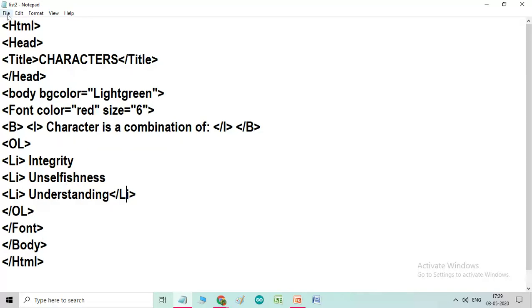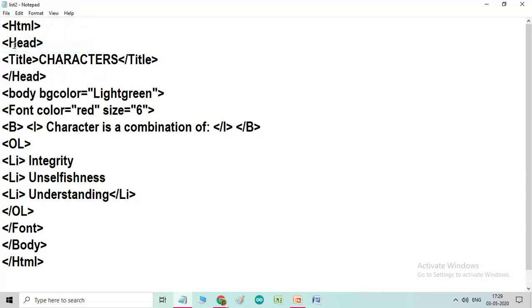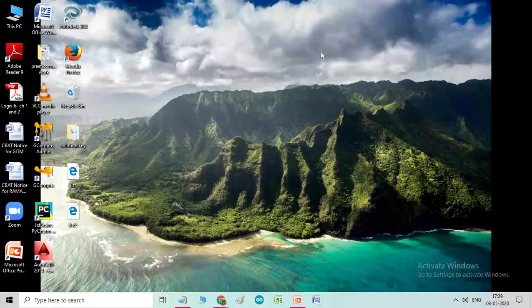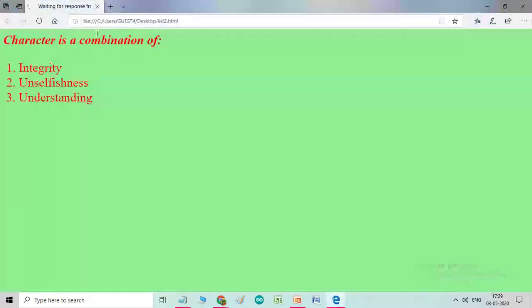So first you have to do save as, because I have already saved this file, so I have to click on save. Click on this and you see the result. Character is a combination of integrity, unselfishness, understanding.